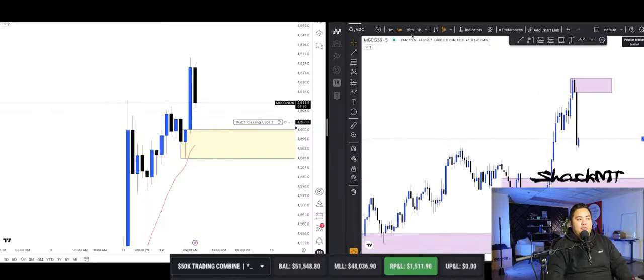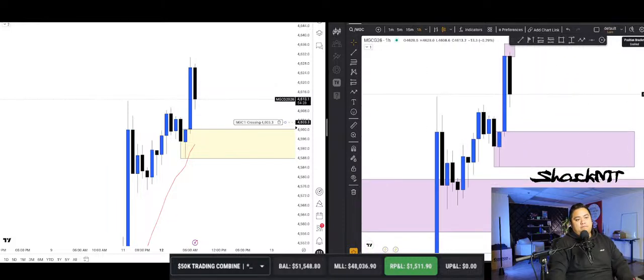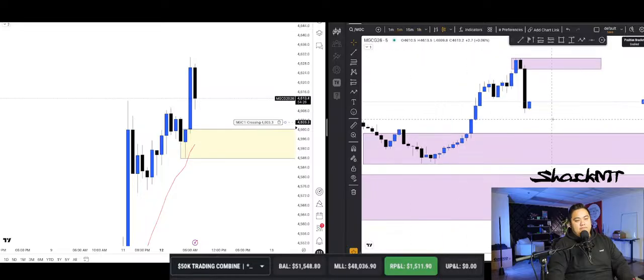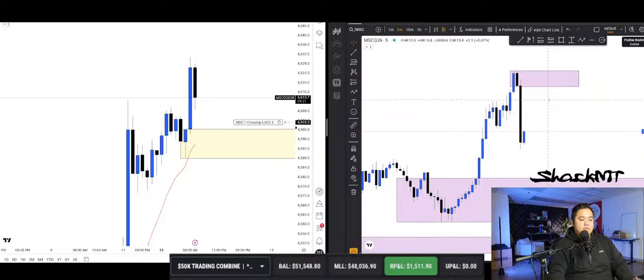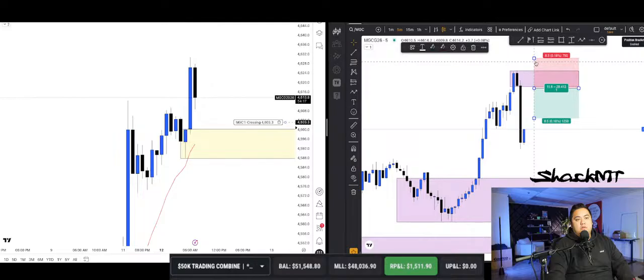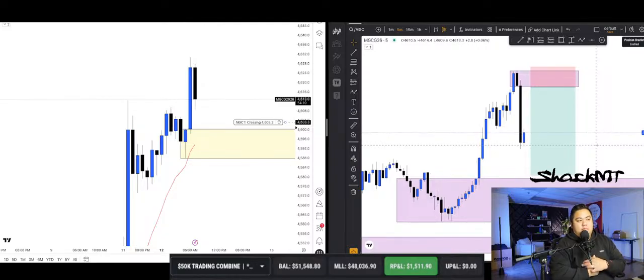Now, if this thing just drops down to the 1-hour demand, that'd be a little rough. But I might take it. Half my size. So potentially going short up here, like that. It's a bit risky, but